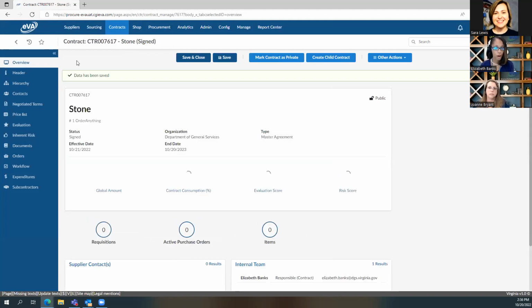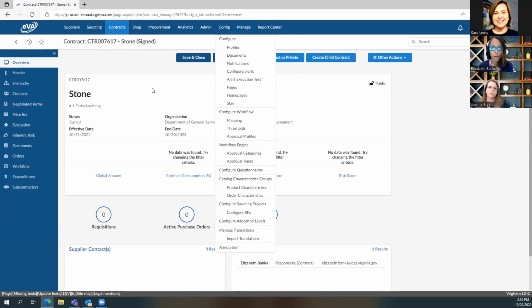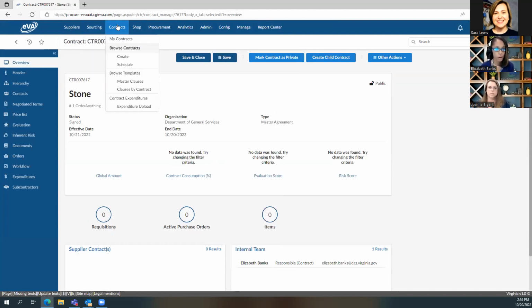All right, so now our contract has been saved and we're waiting on the supplier to send back his executed copy. So let's just say you get that back and he decides, hey, I think I'm going to come down on the price. Can we amend this or change it before we execute it? Not a problem. So we're in our contracts.